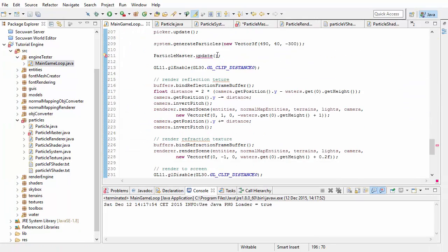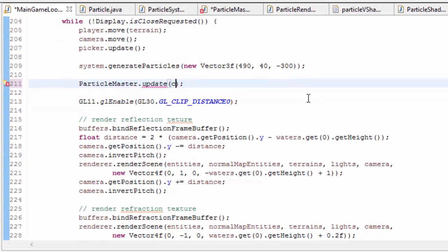And in the main game loop, when we call particlemaster.update, we need to give it the camera. Now that we've got a distance value for each particle, we need to decide on a sorting algorithm to sort